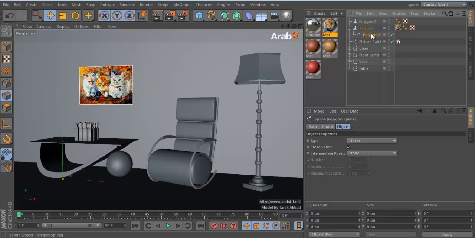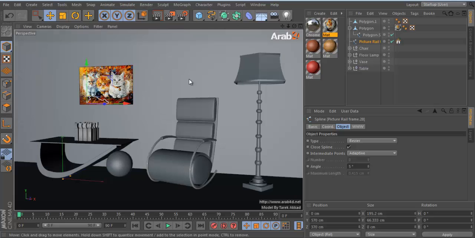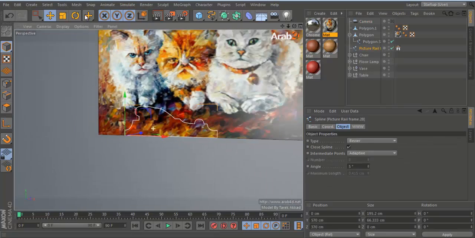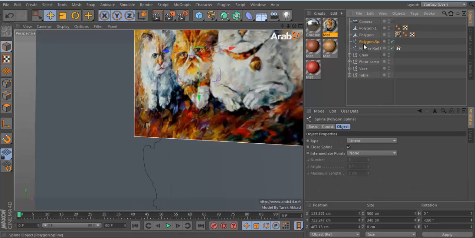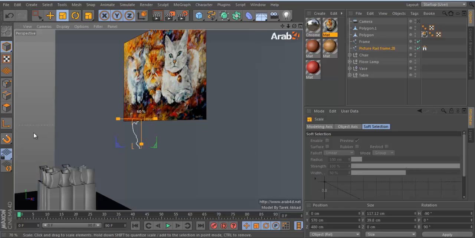So I have just a spline here. Okay, and actually we have the real picture over here. So let's grab this here. We can just do a camera and go to back, maybe like this, 90. This is our frame, and that one is called picture rail frame 28. So let's make it smaller and use the